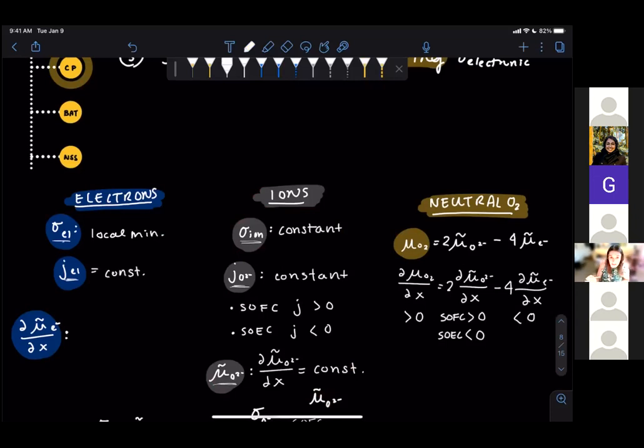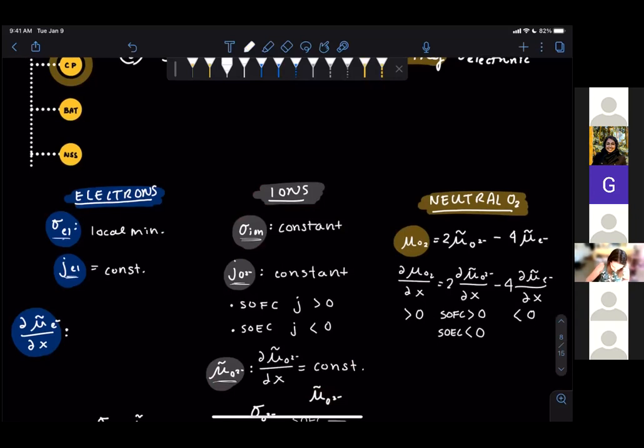We're still at steady state because my computer can't take it. And then finally, let's take a second to try to reason out what would happen to the gradient in electrochemical potential of the electrons. So again, we know that our current is going to equal negative sigma EL times the gradient in chemical potential of a